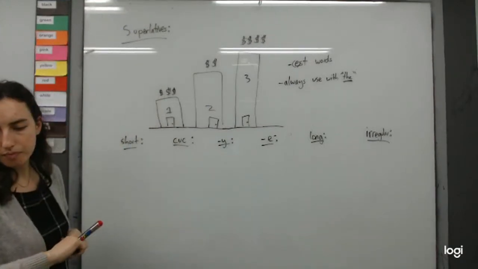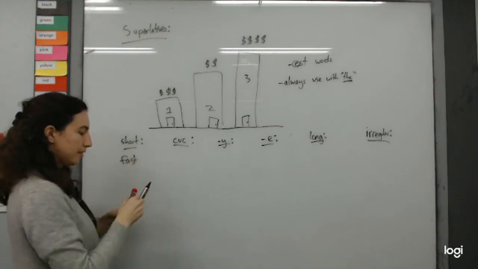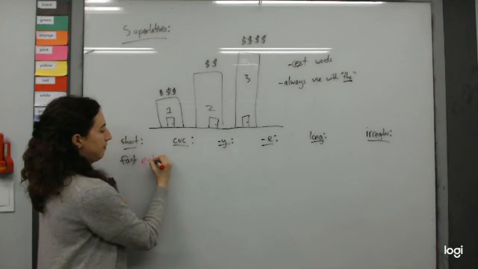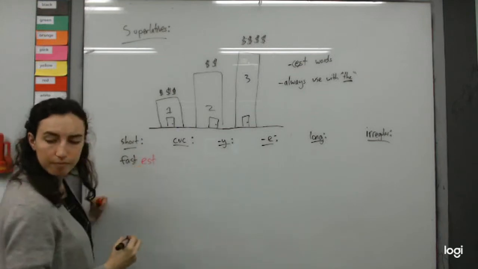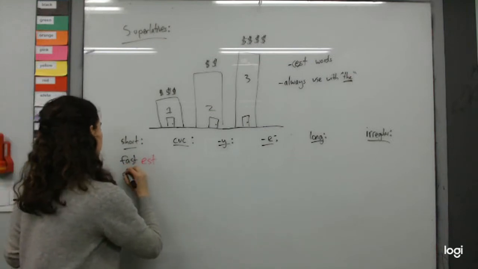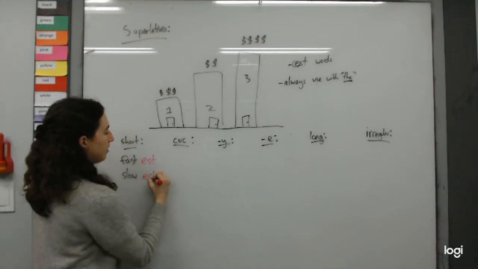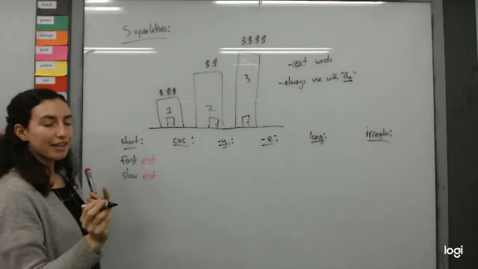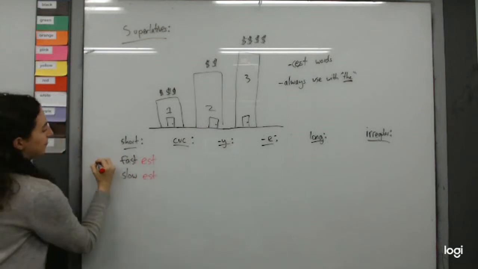So, fast becomes fastest. Slow becomes slowest. I forgot something, actually. We can't say fastest, slowest. We have to say